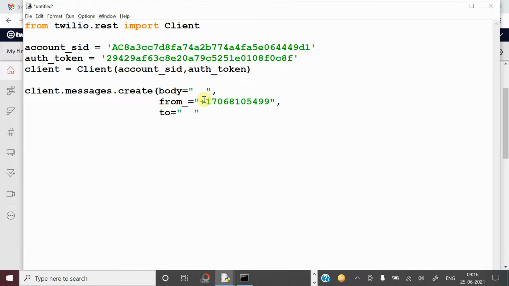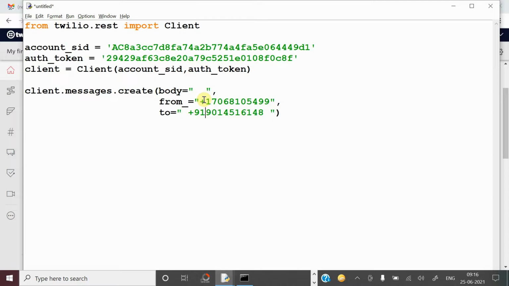Whenever you are sending a message to another person, you have to give the number to which you want to send. Before the number you have to prefix the country code. For India we have to use +91. That is mandatory. If you don't prefix it, it will not proceed further.